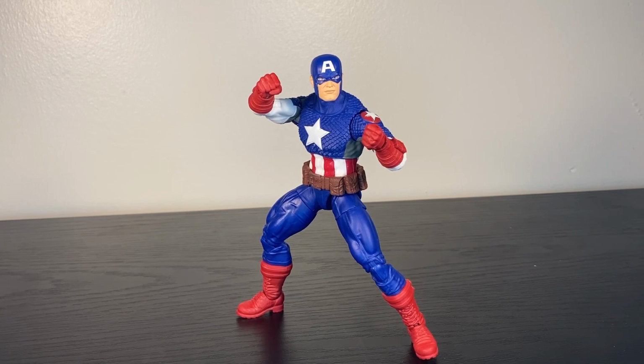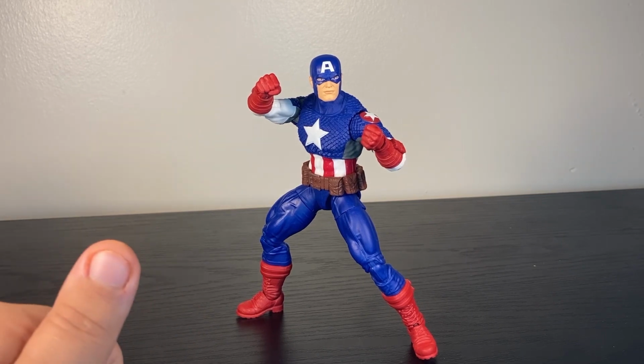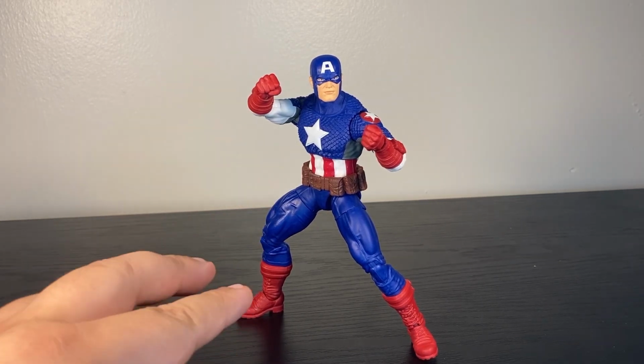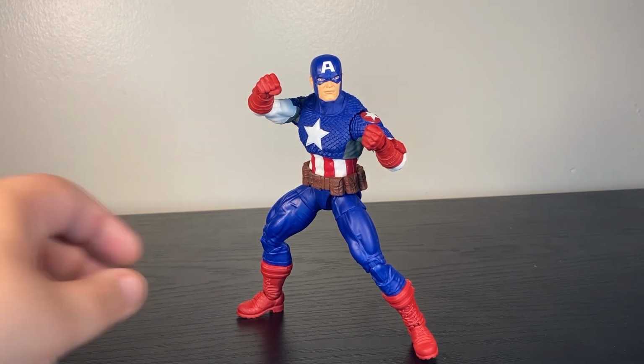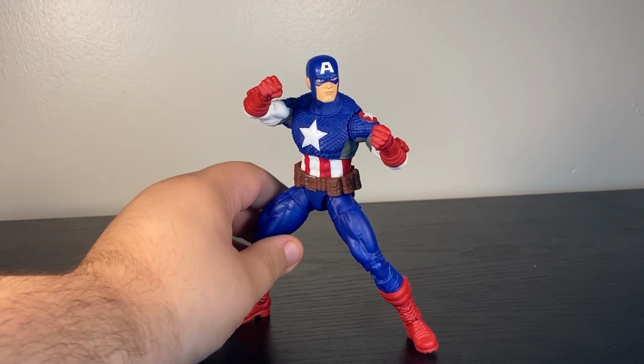Before I did my massive Marvel purge, I had a lot of Captain Americas. I had the Diamond Select Captains, specifically the one that came out with the Winter Soldier. That was around the time of the Winter Soldier movie, now that I'm thinking about it. I had all the MCU caps. I had multiple comic caps, the 20th anniversary cap, the Toy Biz dual cap, the one that everyone held up as the greatest Toy Biz Captain America. I had most every single version of Captain America, and none of them gave me exactly what